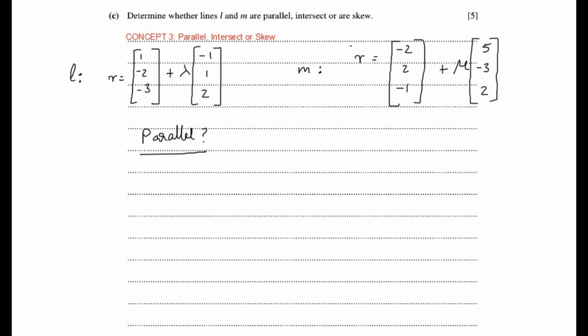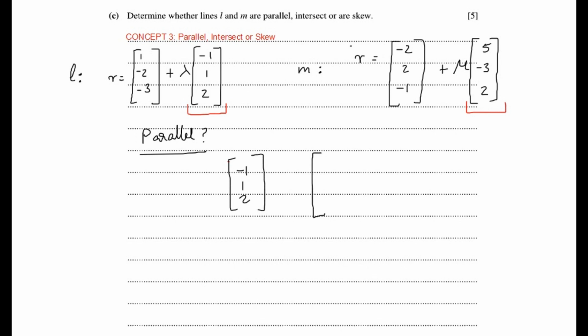Now, we don't test the entire two vectors. What we do is we do a short version of it, which is take the direction portion of each of the vectors. Now, the direction portion of the vector is the part of it that comes after lambda or mu. So I have written down both the vector equations here, and you can see I've marked in red the direction portions of each of the vectors. So we only use that portion to test for whether they are parallel. So we just write them down. So -1, 1, 2,